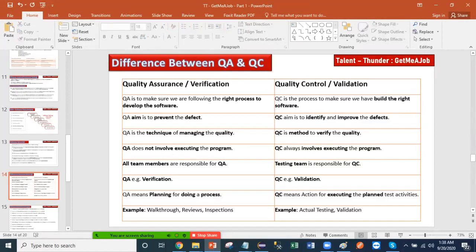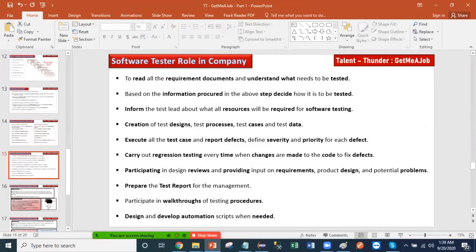This is all about understanding, because you're going to apply for the QA automation engineer role, so I think they're not going to ask you such questions. But as you are new to IT, it will be good for you to understand this terminology. Okay. Now, what are the software tester roles? What exactly does the software tester do in the company? A few of the things we will follow from the STLC.